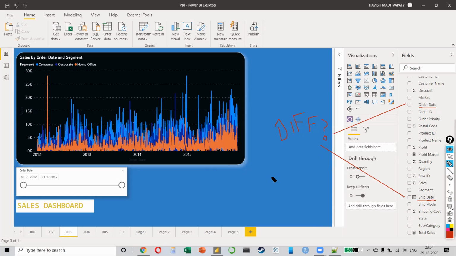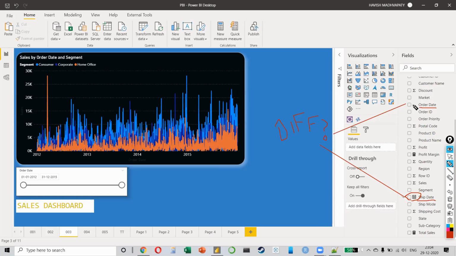Sir, the order date is the date the client ordered the item. That's not what I mean. I'm asking in terms of Power BI, when you look at it, do the order date and the ship date look different? What is this? The calendar symbol. This calendar symbol is only appearing for the shipping date.